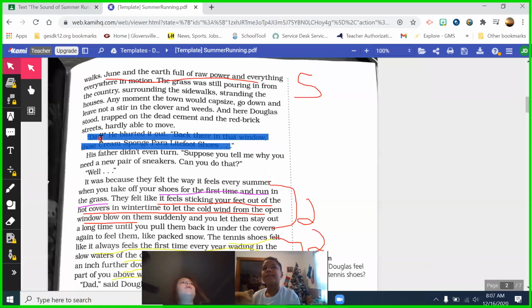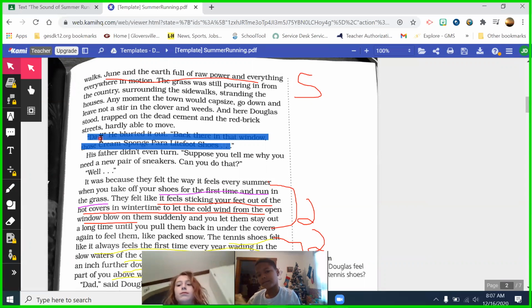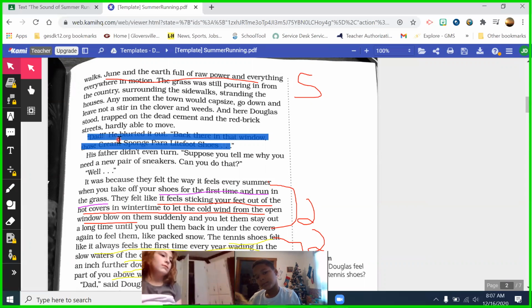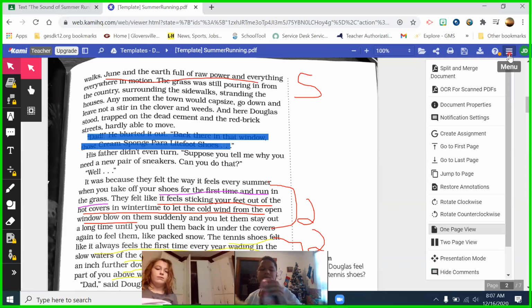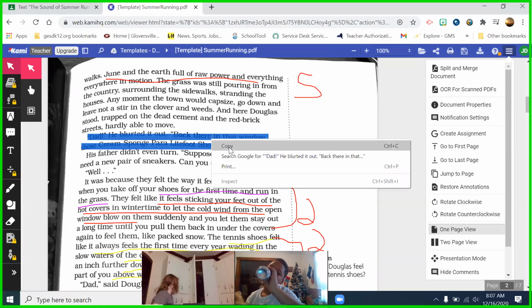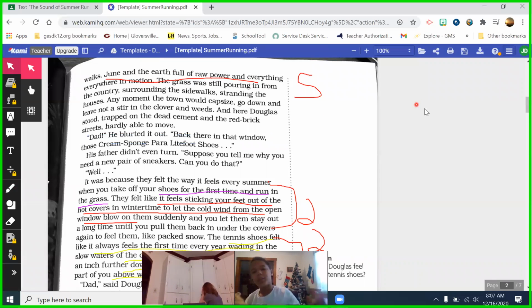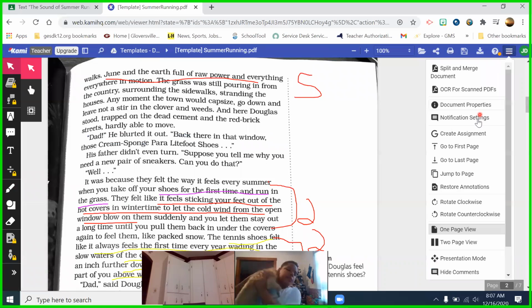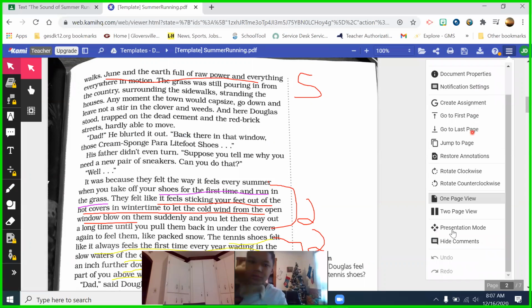And then, hello. Okay, great. Thank you. Okay, and then I don't know how to copy it up here. Let's go to menu. Well, if you're using a mouse or your keyboard, you can right click and then just copy and then paste. I am not sure. Does anybody know how to copy if you don't have a mouse?